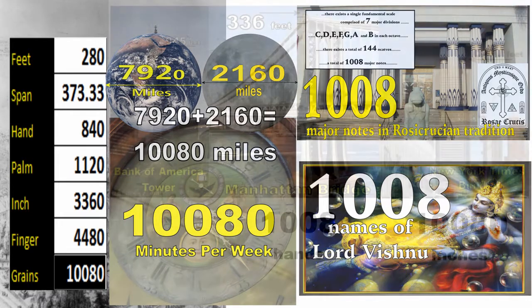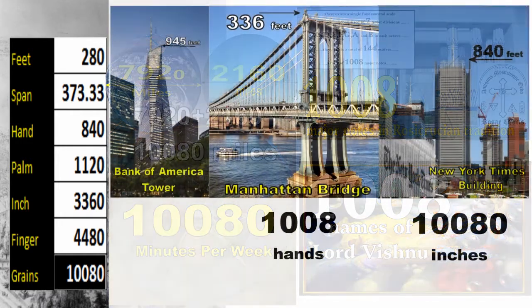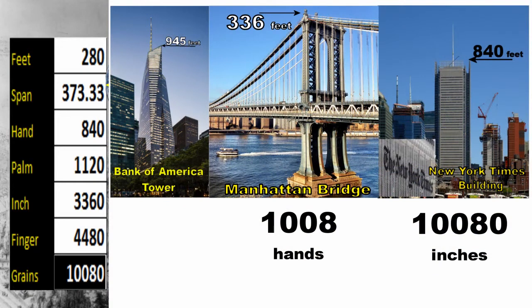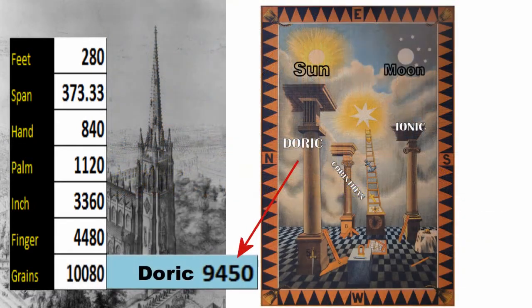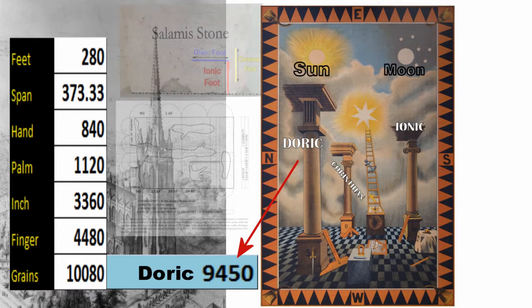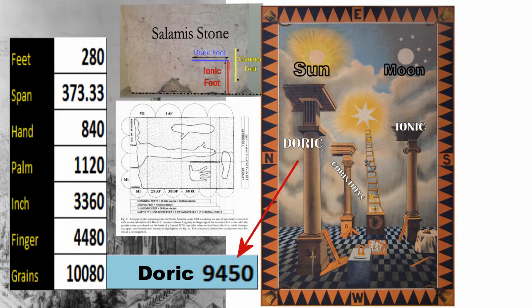Again, the same number of minutes per week. Time, the clock and the compass, Sun, Earth, Moon and stars, geometry, music, arithmetic all blend into this method. Manhattan Bridge and New York Times building, you'll also find that they contain that number as well. But at the Doric scale, so you use a tracing board, and this is going back to Greek times, probably much older than that, but this is a bona fide system of measurement that converts to